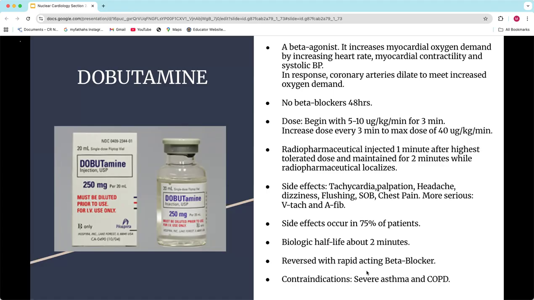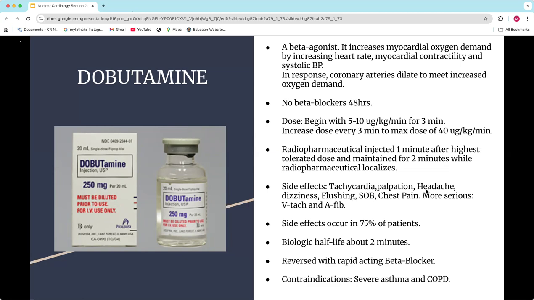And now we're working the same as an exercise stress test. When we've made the heart rate go up, we're going to cause that dilatation to respond, right? Because the heart's working faster, so we need more blood flow to the heart too. Boom, dilate the coronary arteries. Okay, so in this one, because it's dependent on heart rate, this is another one where we can't have beta blockers, because again, remember, beta blockers slow down the heart rate. So we want to have beta blockers withheld. The dose on this one is you begin with 5 to 10 micrograms per kilogram per minute for 3 minutes. They usually increase the dose every 3 minutes to a maximum of 40 micrograms per kilogram per minute.